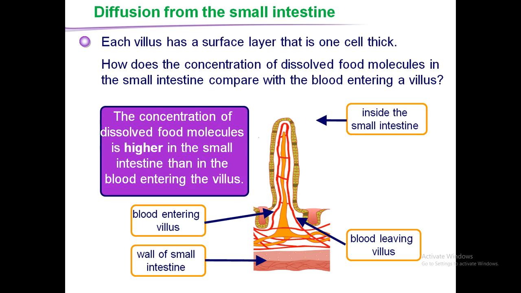the villi. These villi are present in the small intestine, and the diffusible part of the food, the dissolved, digested part of the food, is absorbed by the blood capillary in the villi. So there are two structures in the villi, one is the lacteal and the other one is the blood capillary. All the water soluble substances are diffused into the blood capillary, and all the fat soluble substances are diffused into